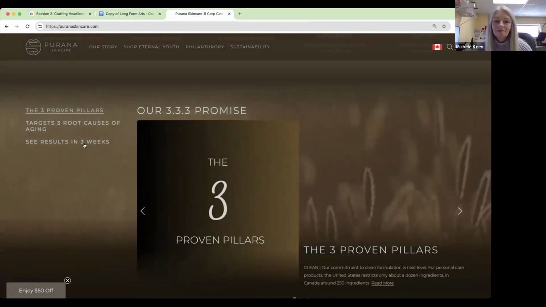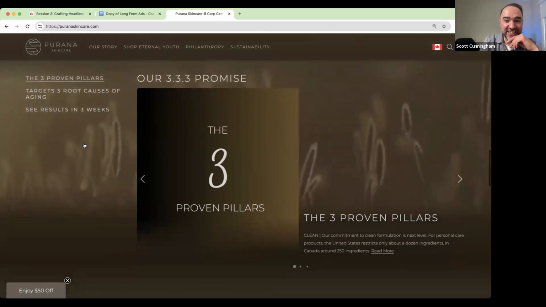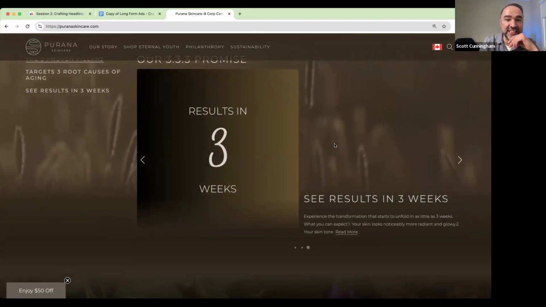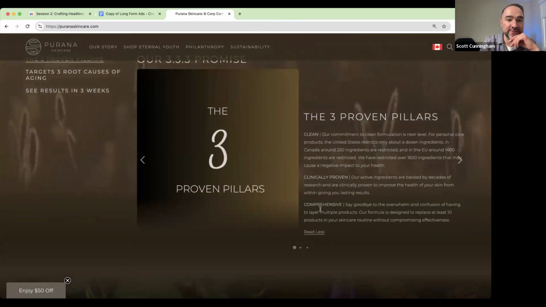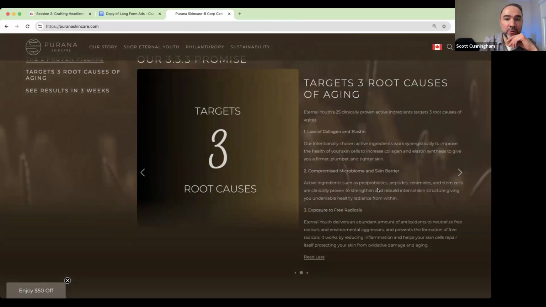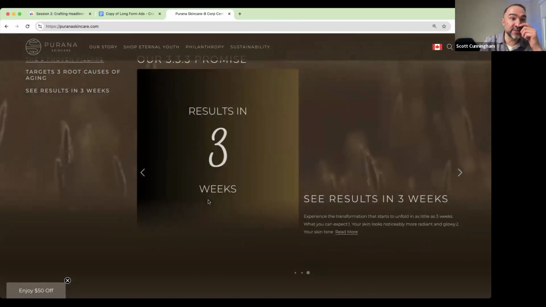The three pillars are the three C's: clean, clinically proven, and comprehensive. It also targets the three root causes of aging, which are loss of collagen, compromised microbiomes, and exposure to free radicals. But we also give results in 3 weeks.